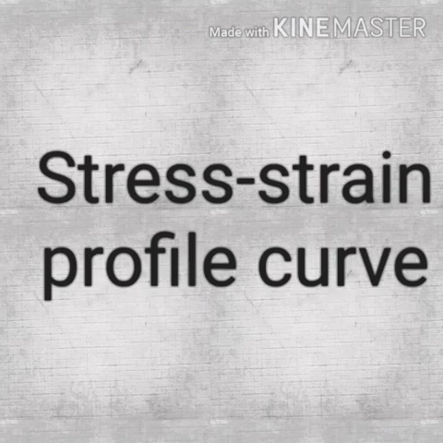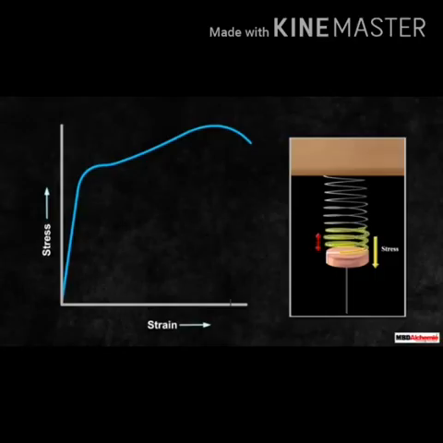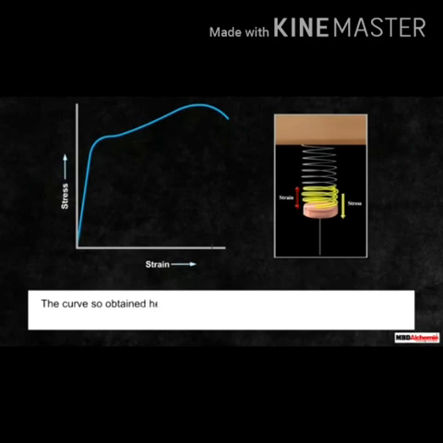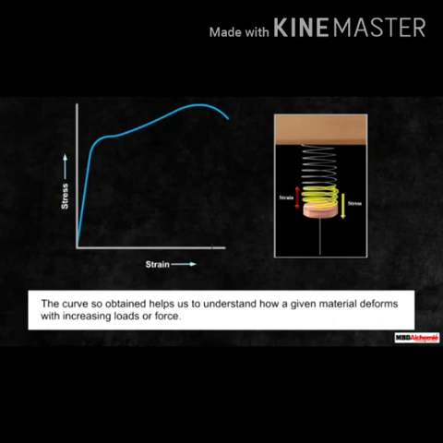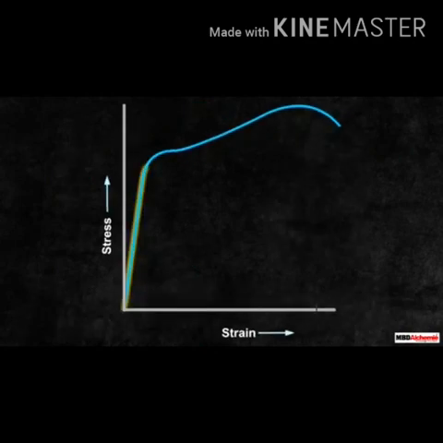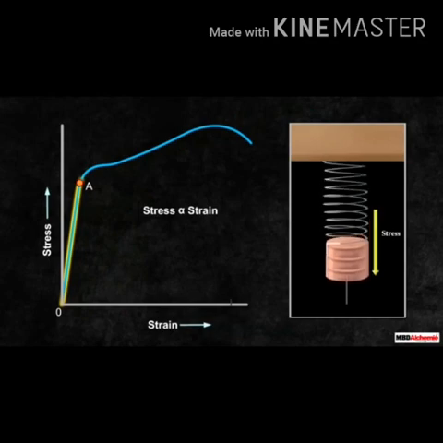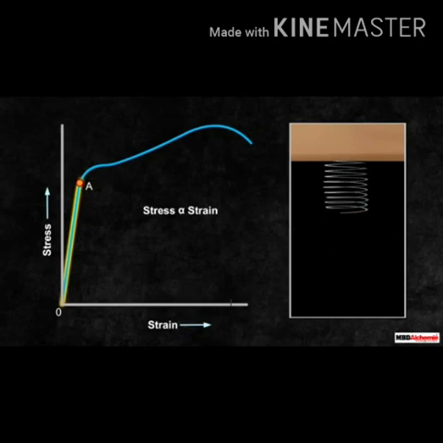Stress and strain profile curve. The stress versus strain profile is a plot in which stress and strain are noted for each load, and a graph is drawn taking strain along the x-axis and stress along the y-axis. The elastic characteristic of the material can be analyzed from the stress strain profile. First, portion OA. In this region, stress is very small such that stress is proportional to strain, which means Hooke's law is valid. The point A is called the limit of proportionality, because above this point Hooke's law is not valid. The slope of the line OA gives the Young modulus of the wire.